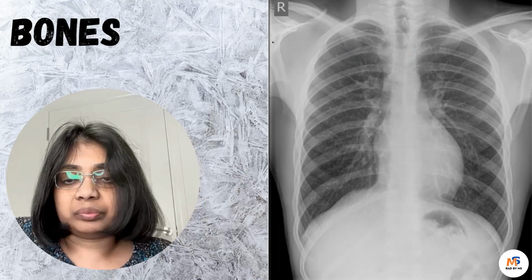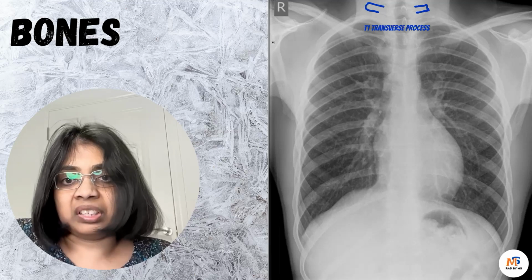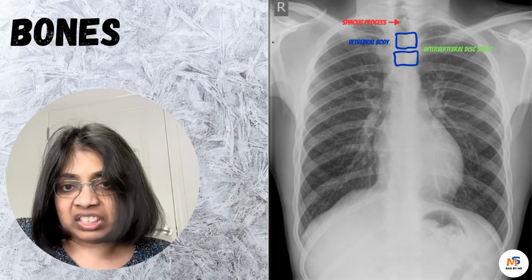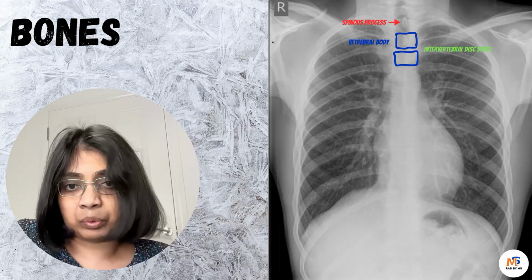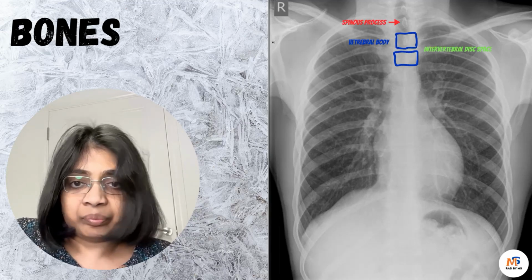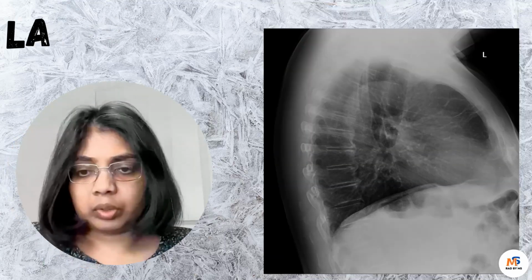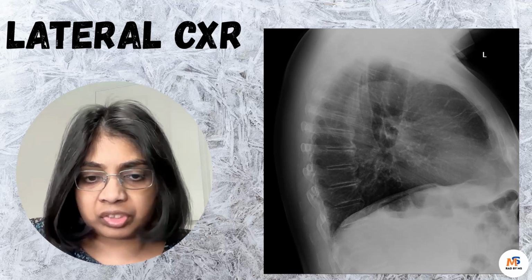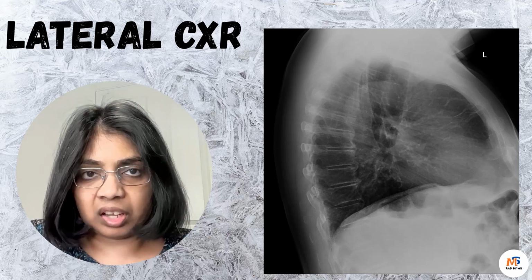acromioclavicular joint. You can identify the first thoracic vertebra by the superiorly angled transverse process. You can see the spinous process, as well as identifying the vertebral body, as well as the intervertebral disc space. So next, I'm going to move on to look at the lateral chest radiograph, another favorite on